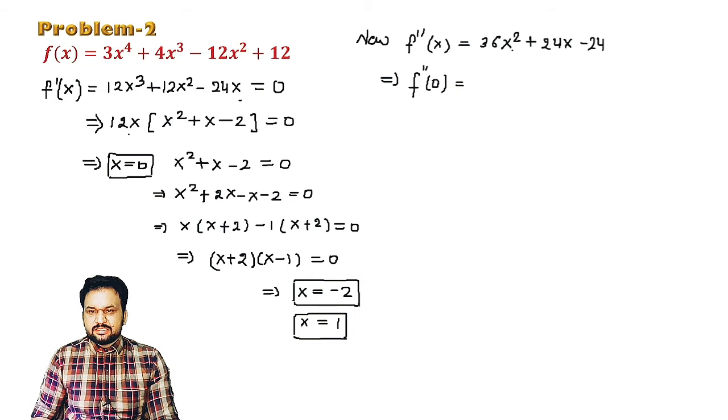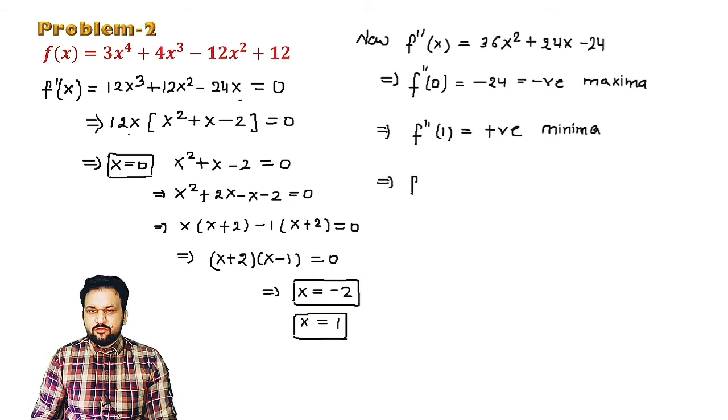So for x equal to 0, we substitute into f double dash. If you replace x equal to 0, you get 0, 0, and negative 24, which means this relation gives a negative result. So if it is negative, it is a point of maxima. After that, you replace x equal to 1 in the double derivative. We replace 1, 1 and 1, so you get a positive. There is no need to calculate all the data, because we do not need the proper number here. We just want to find the sign, positive or negative. That's all. So here you got a positive sign, which means it is the point of minima.